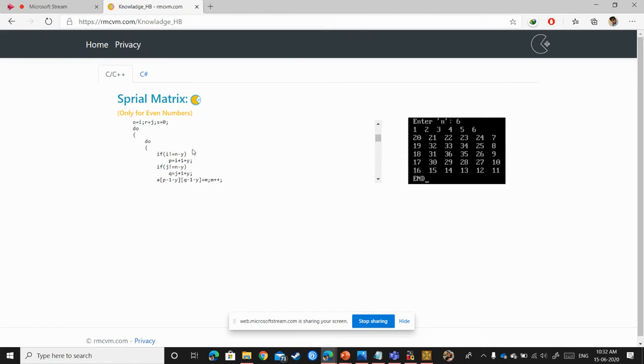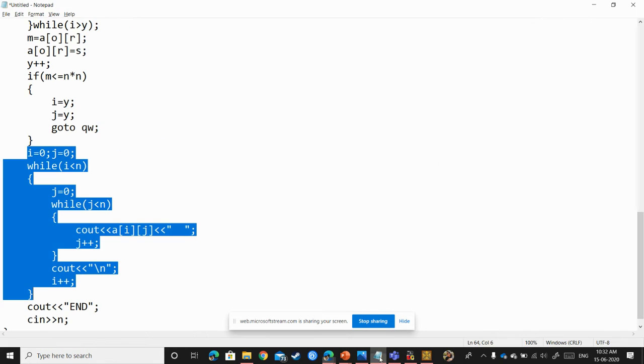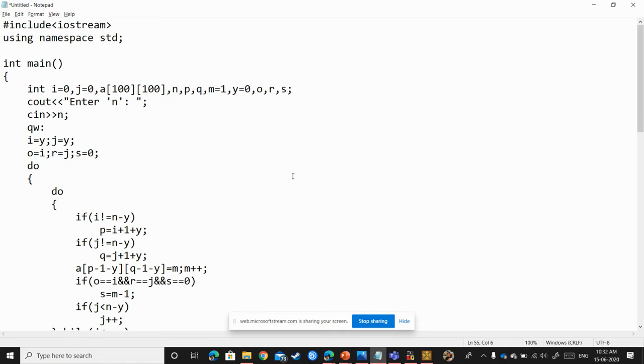This is the code which I have posted publicly on my website. You can open it anytime, anywhere. Okay, let me carry on with this code. I have copied the code into a notepad so that you can see it in bold text.